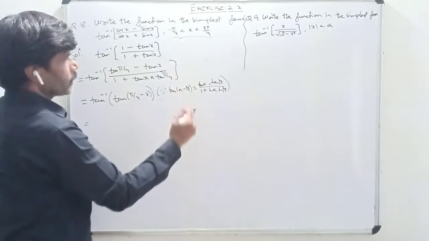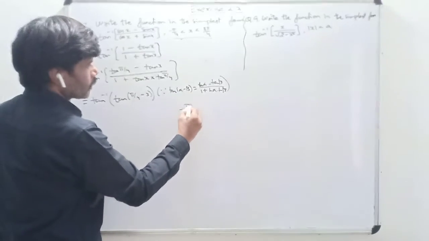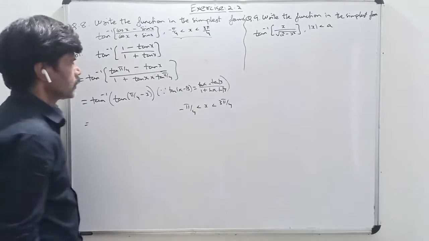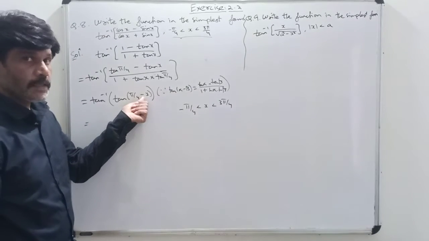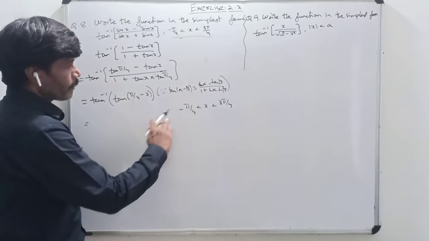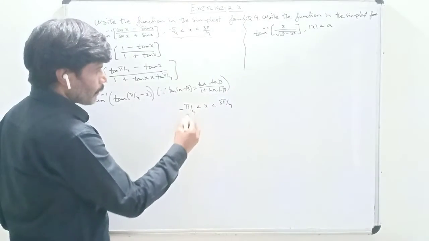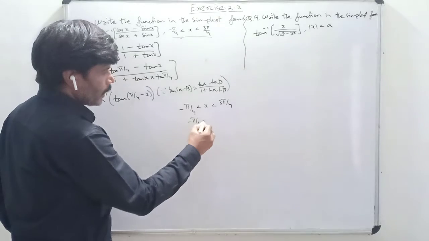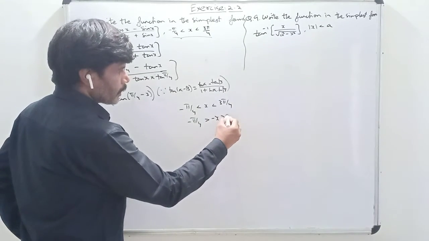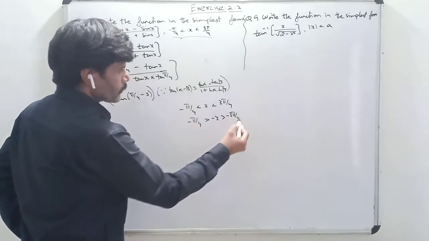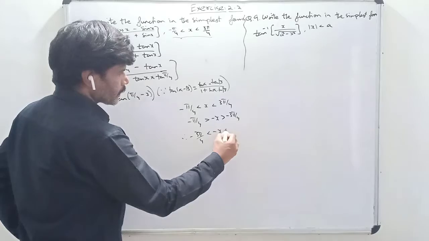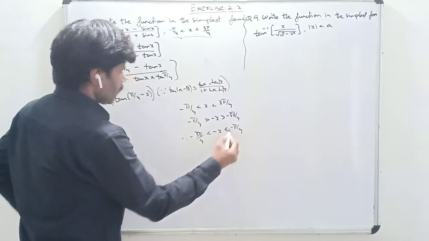Okay, so now we'll come to the condition. What is given to us? Minus pi by 4 is less than x is less than 3 pi by 4 is given to us. Now we need what? Minus x. So I need to multiply all the sides by minus 1. When I multiply by minus 1, the inequality will change. So minus 1 into minus pi by 4 will be pi by 4. The inequality will change, so minus x is greater than minus 1 multiplied by 3 pi by 4, which is minus 3 pi by 4. Rewriting, minus 3 pi by 4 is less than minus x is less than pi by 4.